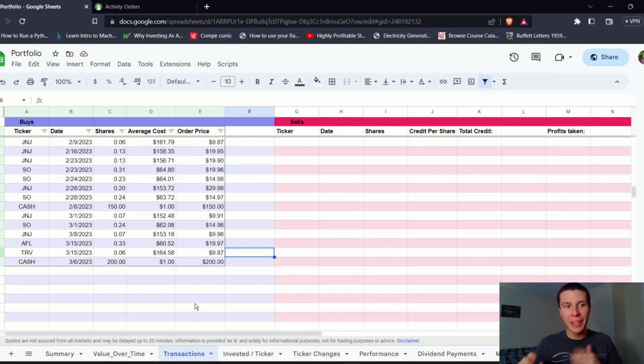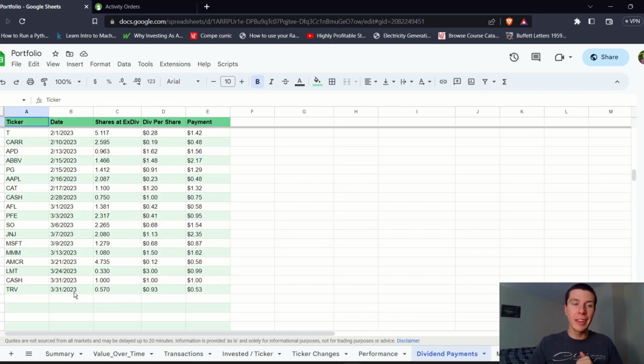this quarter. And then looking at the transactions here for the month of March, like we saw, not really all that much going on, but we bought about $10 twice of Johnson & Johnson, so $20 of Johnson & Johnson, and then about $15 of Southern Company, $20 of Aflac, and $10 of Travelers, and then this is our $200